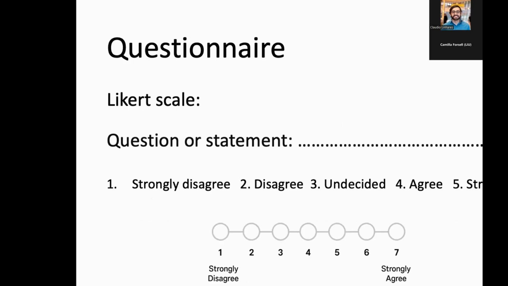Examples of Likert scales. A question or statement, and then you have to rate to what extent you agree or not. Here you have 5 alternatives, and here you have 7. There's a difference here, right? The aim with 7 or 9, which we also see sometimes, is to get a more nuanced answer. But to be honest, what is the difference between 5 and 6? Is that clear to you? I find that a bit difficult myself,